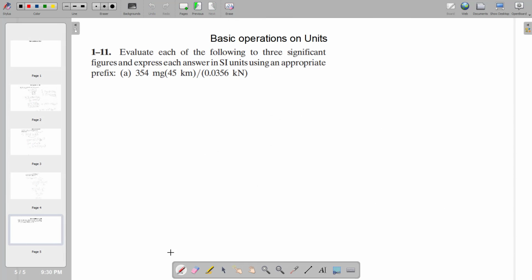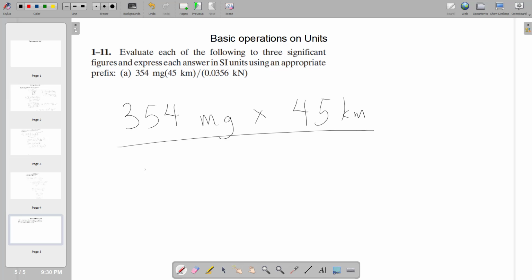Next and final set, we have to evaluate 354 milligram multiplying 45 kilometers and then being divided by 0.0356 kilonewtons. Okay, so we write in full 354 milligram multiplying 45 kilometers, then all divided by 0.0356